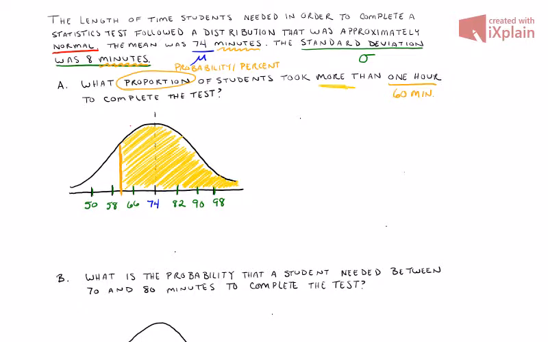All right, so now let's go ahead and actually write this out in our probability notation. So we know that a capital P represents probability, and we are interested in the proportion of students that took more than 1 hour to complete. So we usually use the variable x. It's an arbitrary choice, but I am going to make a note for myself down here that x is going to be the time